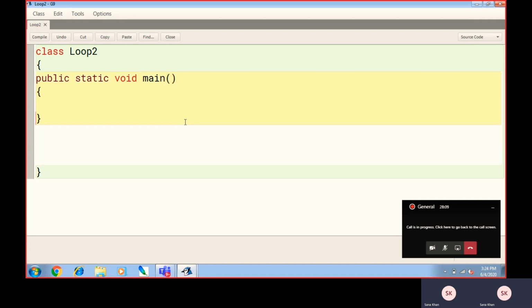Friends, I'm doing just the same thing which I have repeated in my last classes, that every time we need to start a program by writing the name of a class. Here we need to write class in small letters as it is a reserved word. Public, so that anyone can access my class. Static means only one main function can be created in one class. Void, my main function is not going to return anything. Main is a reserved word; it will be called automatically from the side of Java. I don't need to call this function.